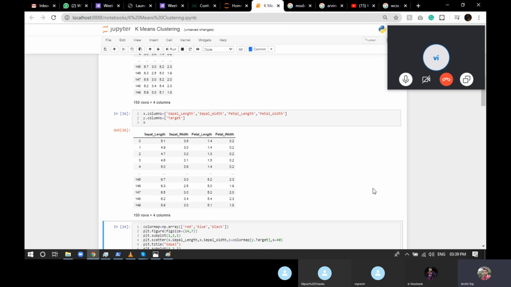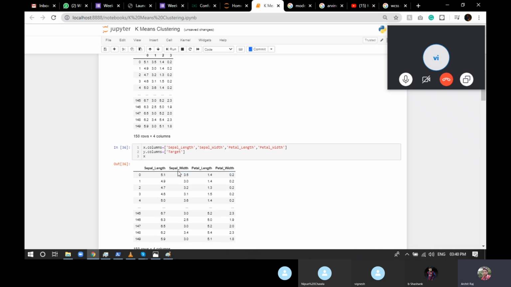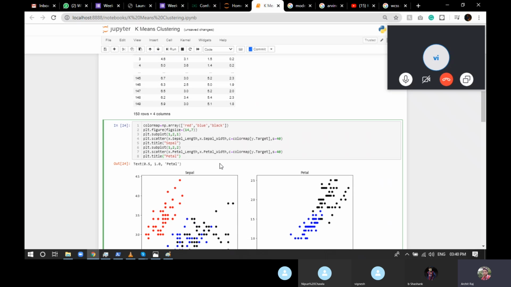So the same thing we did, we made the dataset. Now we take some of the attributes of the dataset. Out of sepal length, sepal width, petal length and petal width, we'll just plot some graphs, and we're going to use k-means clustering to cluster the points together.